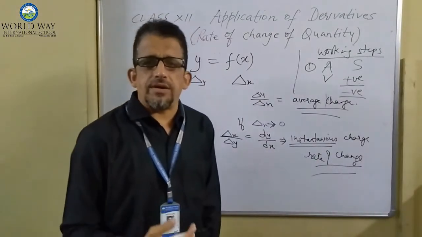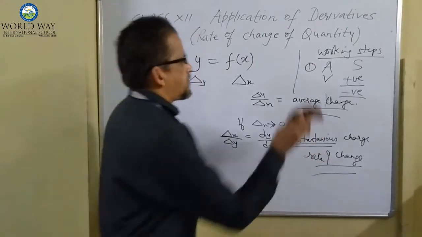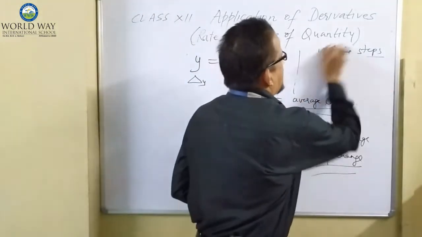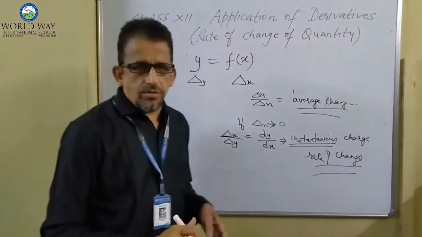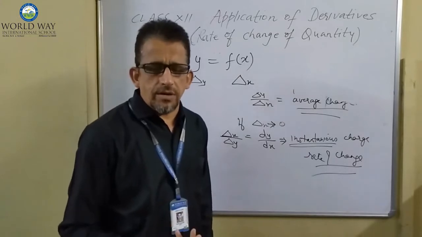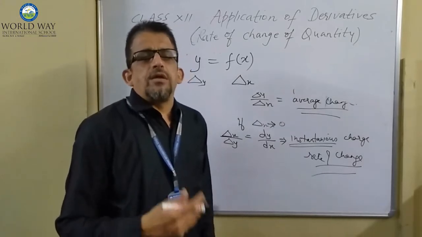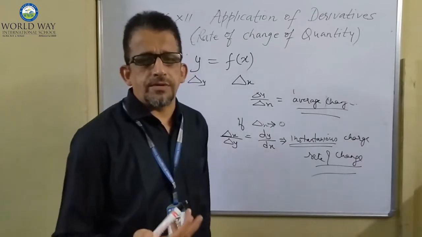Minus shows the rate of change is decreasing. Then you must know the plane mensuration formulas and solid mensuration formulas. You know, area of circle, perimeter of rectangle, area of rectangle and all. And in solid mensuration, volume of sphere, volume of cone, volume of